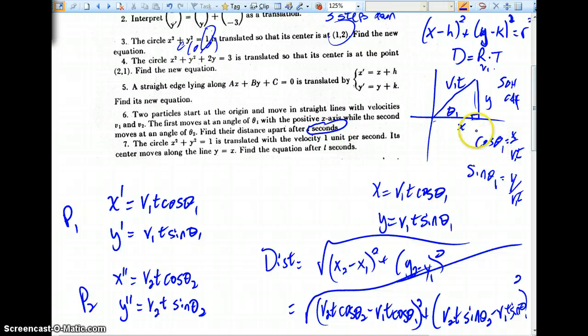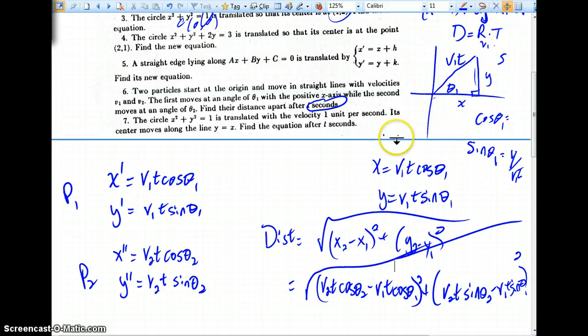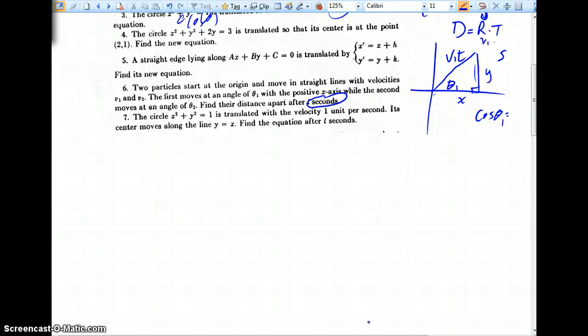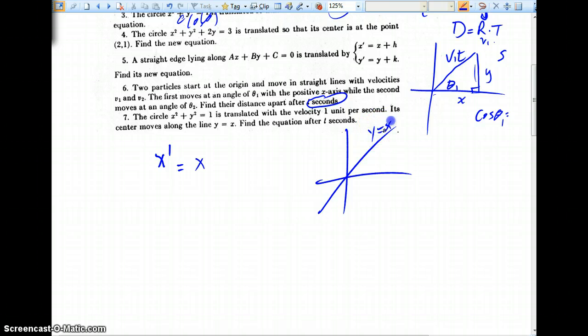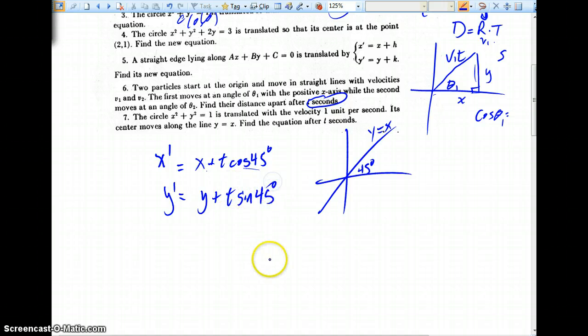So that's your distance. For number 7, I'm going to let you think about that a little bit. I'm going to get you the answer. But here's a huge hint. X prime is really going to be x plus this change. We're going to be moving along a line, y equals x. y equals x has an angle of 45 degrees. What we just did a moment ago hopefully is going to definitely come into play. We've got our old x position plus this change. Remember, this would be like our velocity. Here's y prime is y plus t sine of 45 degrees. Check that out. Hopefully you can